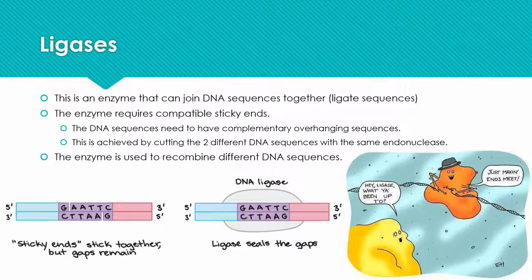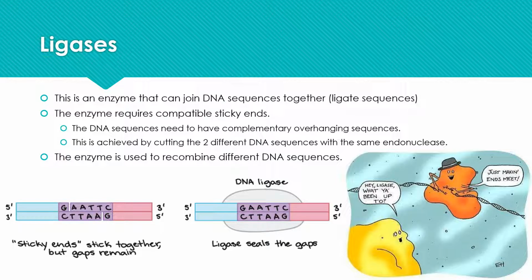Now, if you've got blunt ends, this is going to be relatively easy. There's no overlap between them, so you should just be able to join the 2 blunt ends together. However, sticky ends provide a little bit of an issue, and sticky ends, remember, tend to be the more common end type that endonucleases make. So with sticky ends, the only way you can get them to be stuck together by DNA ligase is if